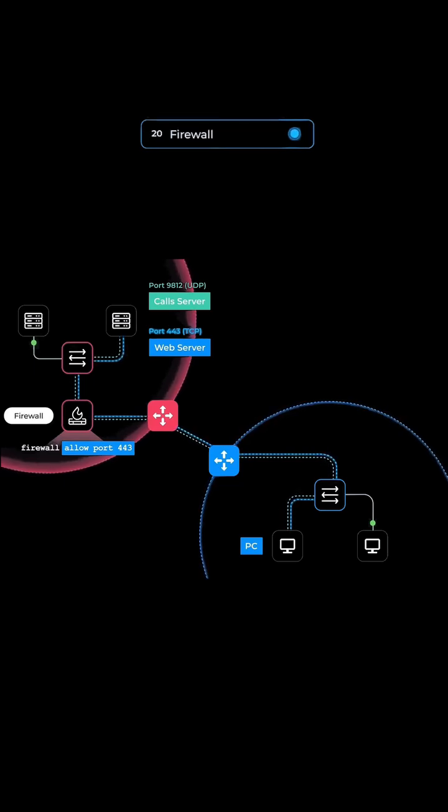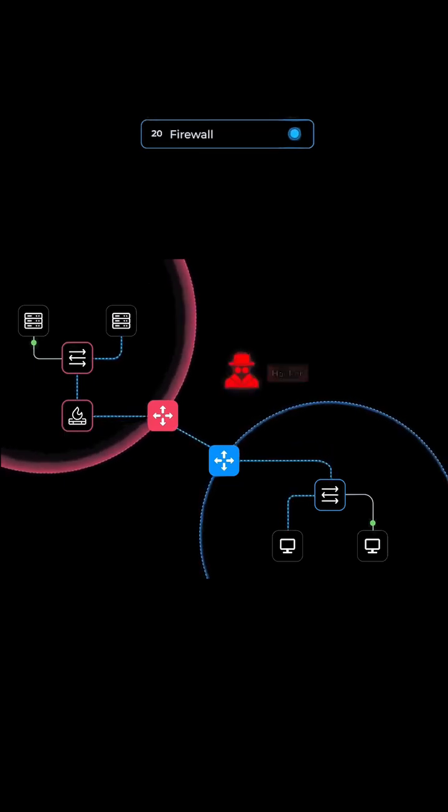Now we are communicating. Wait, who is this guy? It is a hacker sitting between us and the server, and he can read everything we are sending. Password, messages, all of it. That's because our data is being sent in plain text. TLS. Transport Layer Security. It encrypts the connection between two devices so no one in the middle can read or